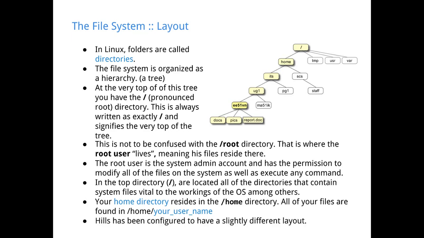Hills has a little bit of a different structure from a standard Linux, because it's a working system. That's what they're actually using to manage thousands of students every semester. There's a standard specification for what a Unix/Linux file system looks like. Nobody has to follow it. It's up to you. It's like your own OS. You can rename folders, shift stuff around, and that's what most companies that use Linux do.